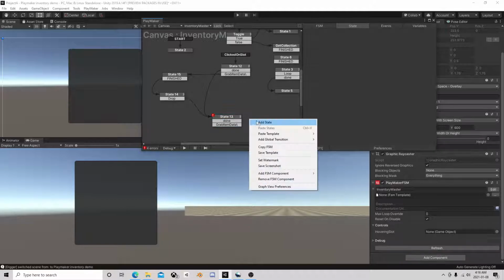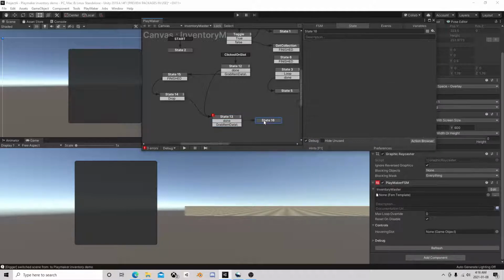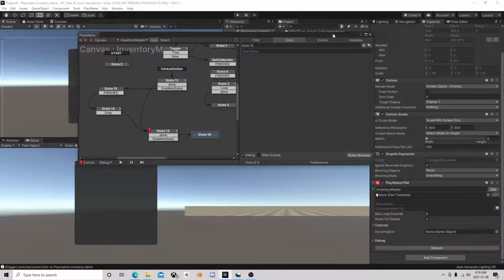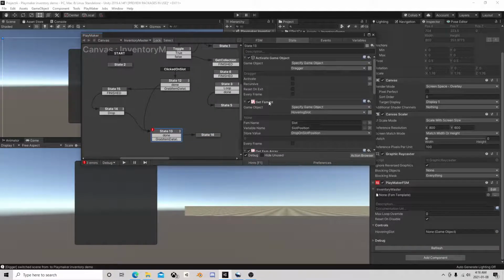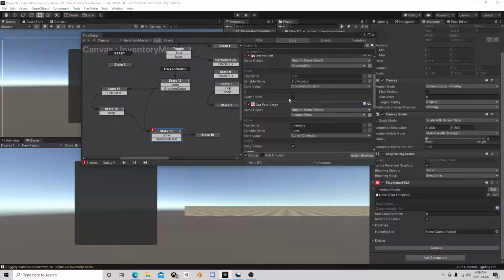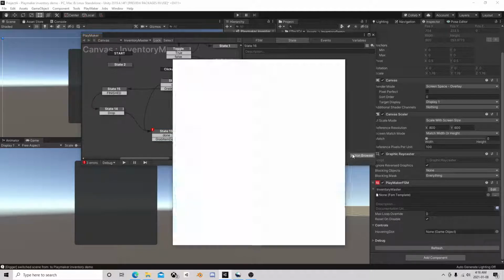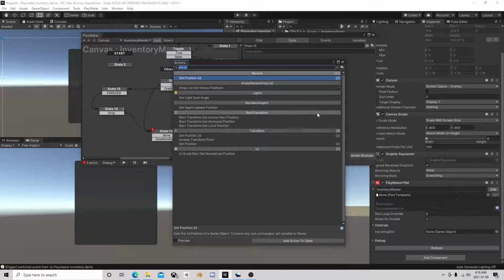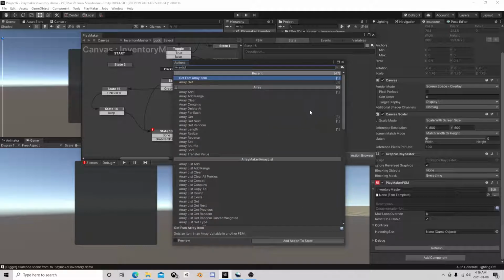If it's none, we've dropped it on an empty slot. We then want to array get FSM array item,